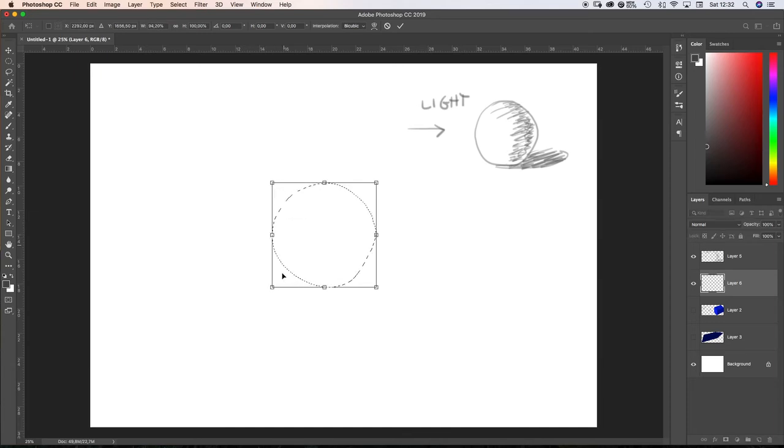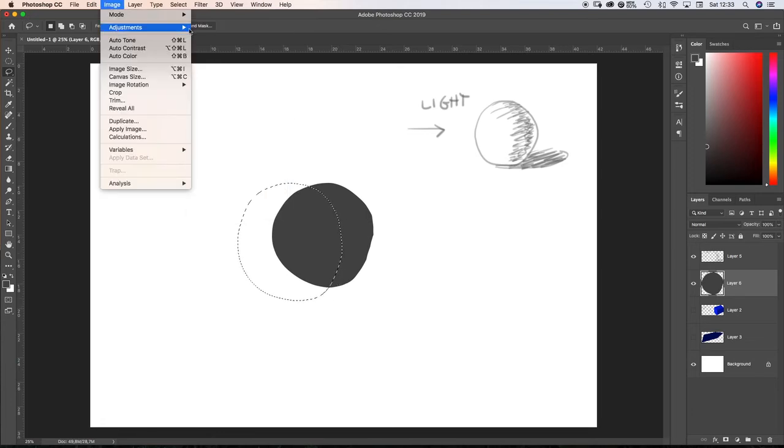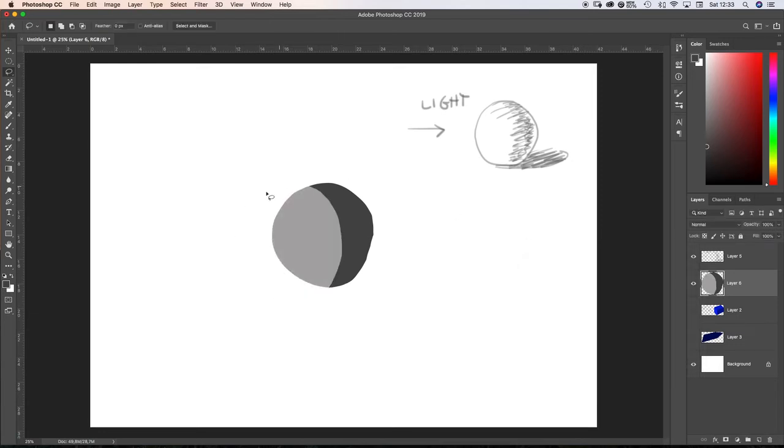Let's create a sphere and lighten it. For now, I'm not worried about the shape. Let's use the Lasso tool to slice the areas and lighten them using the exposure panel, creating the center light, the half tones,